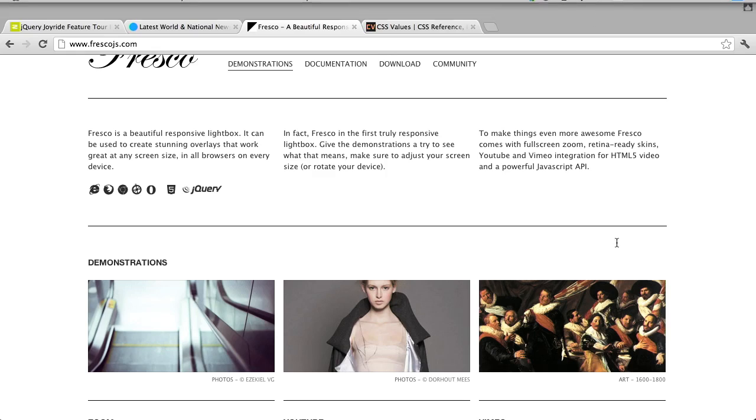I know there's a million different Lightbox plugins. That's basically where you click on an image and a sort of faux window comes up in the browser that shows you a larger version of that image. And oftentimes they'll have a gallery you can kind of flip through in that Lightbox mode. But this Lightbox plugin is actually pretty good, and it's available at